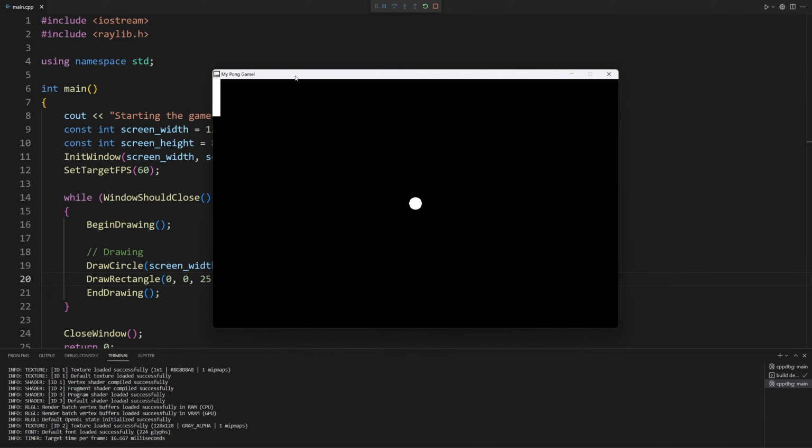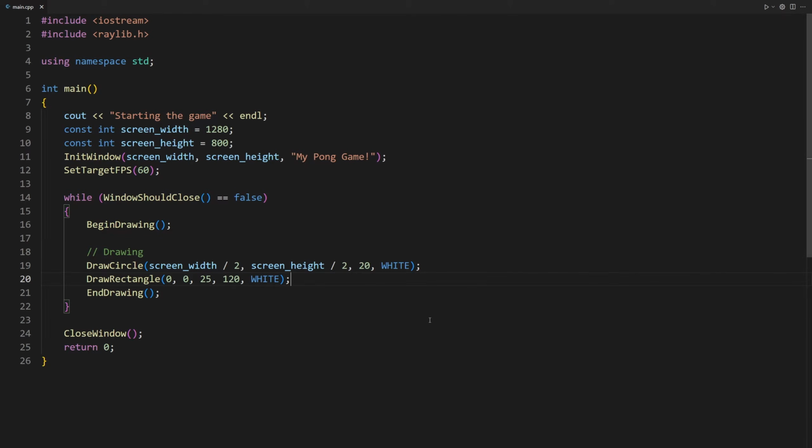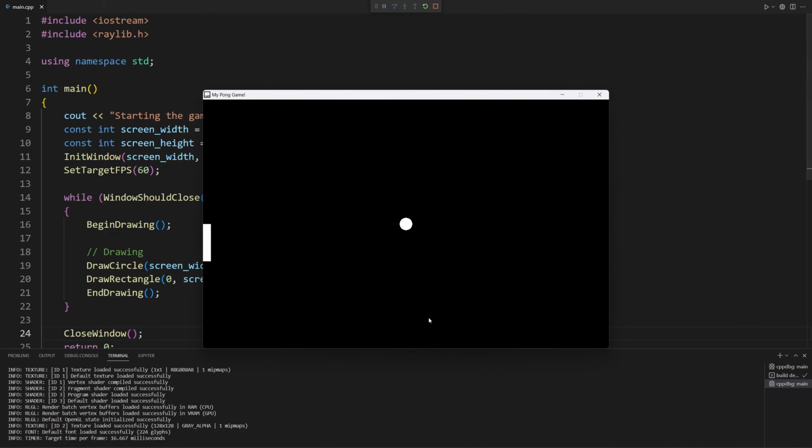But what if we wanted to place it at the center of the screen vertically? Well, our first thought will be to change its Y position and make it screen height divided by 2. Is that correct? Let's see. As you can see, the paddle is not centered correctly. As we said, the rectangle is drawn from its top left point. Now we centered its top left point vertically. We want this point to be centered vertically.